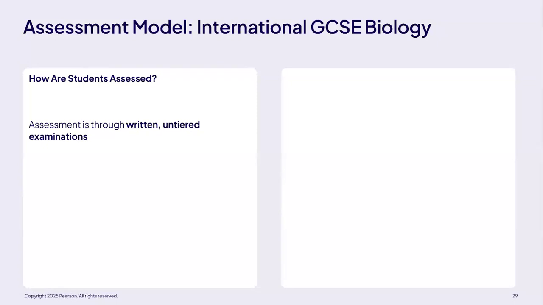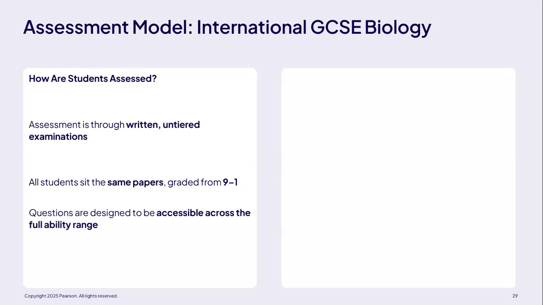Now, if we look at how students are assessed, assessment is through written, untiered examination. So you don't have to decide whether to enter them for foundation or higher paper. They are untiered and it's all written. All students sit the same papers, which are then graded from 9 to 1. The questions are designed to be accessible across the full ability range, while giving more able students the opportunity to show their ability. So the key features: